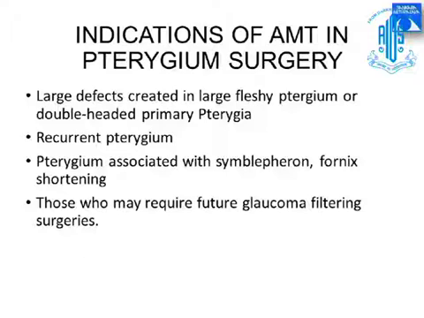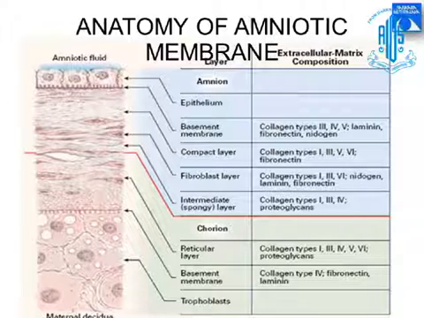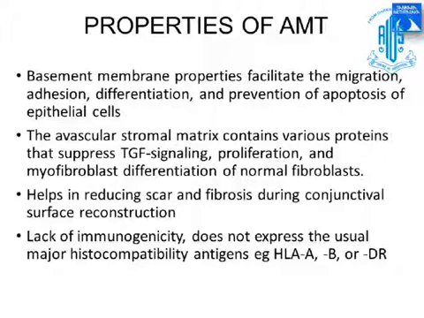Those are the main indications. As far as the amniotic membrane is concerned, the important properties are the basement membrane and its avascular layer, which makes it a good tissue for replacement of the conjunctival autograft. The basement membrane facilitates migration, adhesion and differentiation, and prevents apoptosis of epithelial cells. The avascular stromal matrix contains various proteins that suppress TGF signaling, proliferation and myofibroblast differentiation of normal fibroblasts. This helps in reducing scar and fibrosis during conjunctival surface reconstruction,